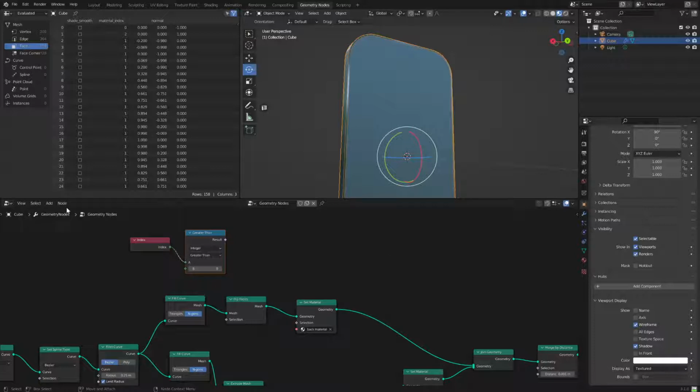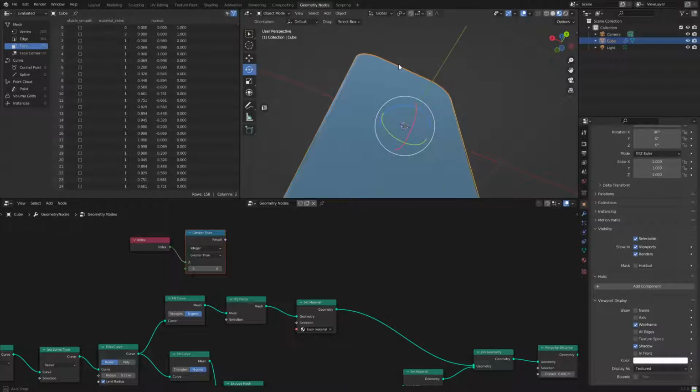So let's do mesh to points. We're going to create a point on this back face that we can put something on. So we'll search mesh to points. Notice that it takes a selection and a mesh. So what we want to run in is, well, for that matter, since